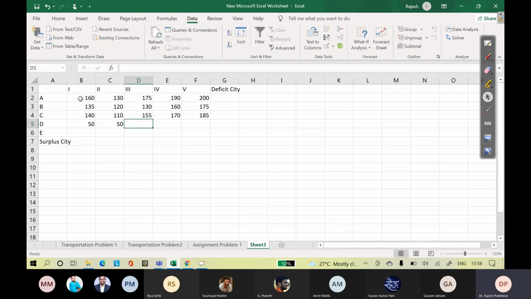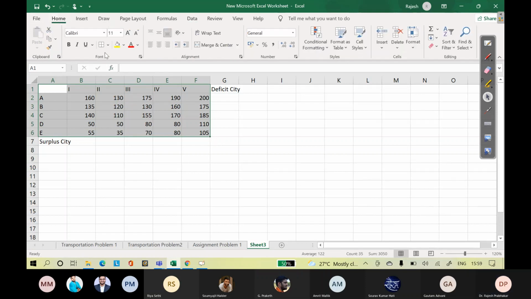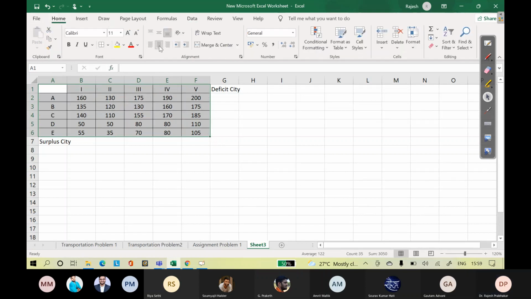50, 80, 80, 110, and 55, 35, 70, 80, 105. So this is the matrix which we have, tableau, sorry, for surplus cities and deficit cities.